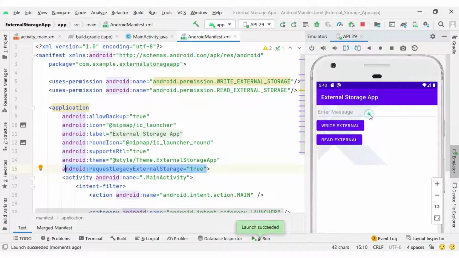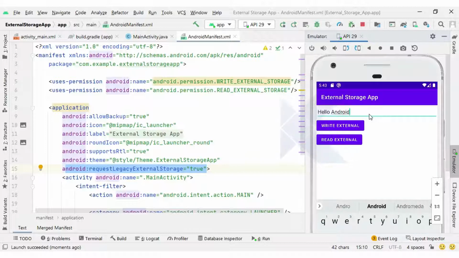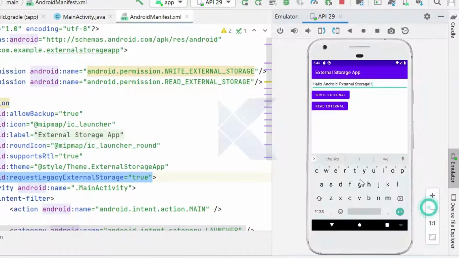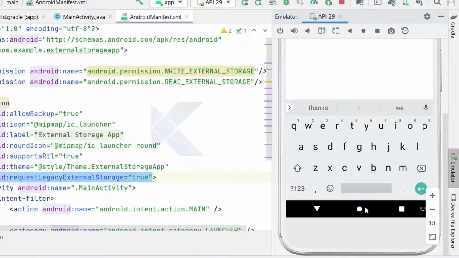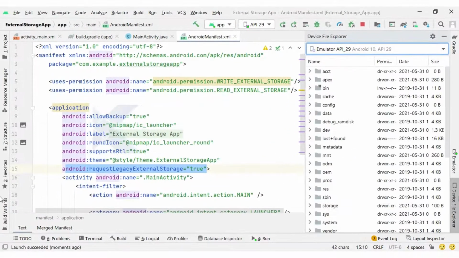So guys, here is the output again. Let me write some message: "Hello Android external storage," and click on the write external button, and you can see the directory created message we have, and the file written success message also. So the file is written successfully, and you can also check with your Android Studio Device File Explorer